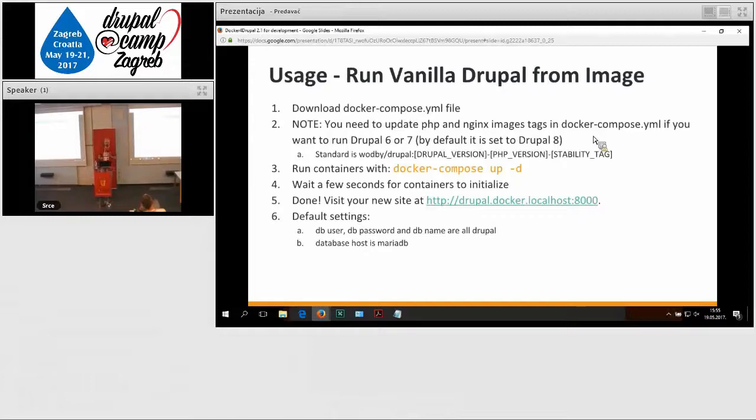Running vanilla Drupal from the image is basically: you download the Docker Compose YAML file, then you update the version for the Drupal you are meant to use. You can see the standard: it would be the Drupal version, then the PHP version and the stability tag. And run the containers with docker-compose up -d. The -d is basically for running in the background. And that's basically it. You wait a few seconds to initialize, and you can access the site on